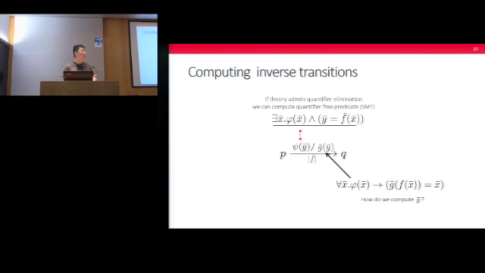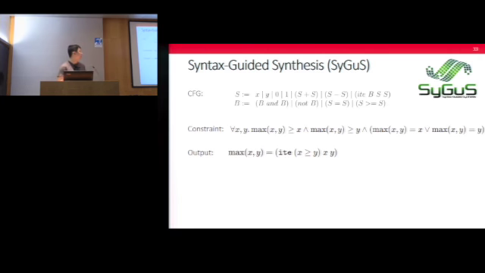Since we don't have the formula for G, we only have a formula describing the behavior of G. Fortunately, syntax-guided synthesis can help us. Let me tell you what syntax-guided synthesis, SyGuS, is by this simple example. In this problem, we want to synthesize a function max. So we first provide the context-free grammar, which describes the solution space, and then we give constraint formulas which tell the solution that we want